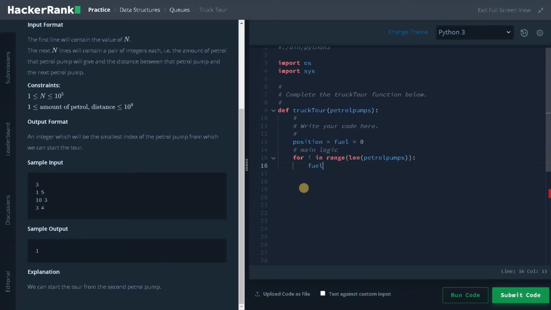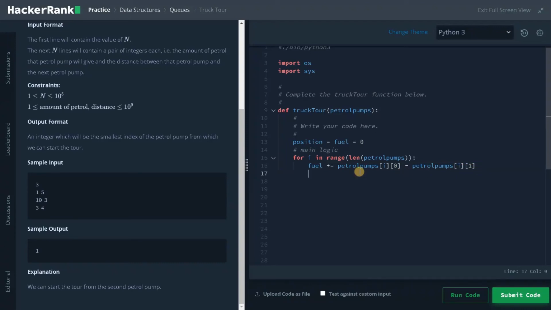So fuel plus equals petrol pumps of i of 0, that is the petrol we can get from the petrol pump, minus petrol pumps of i of 1, the distance to the next petrol pump. If you subtract it, you will get some value. If it's a positive value, it means we are adding this petrol as a reserve.